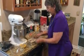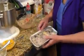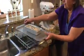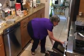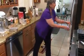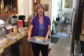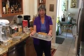Okay. And then I like to just tap it a little bit, put it on my baking pan, and then you'll put it in your preheated oven, 350 degrees. You'll set it for about 50 minutes, and then voila, you have this beautiful bread, freshly made